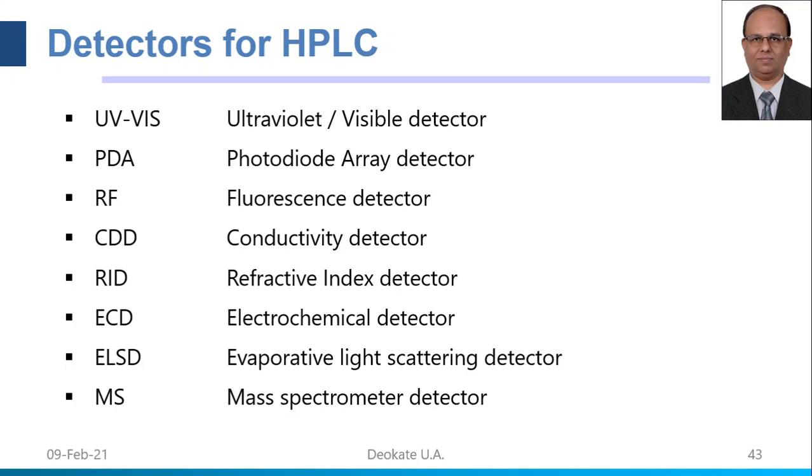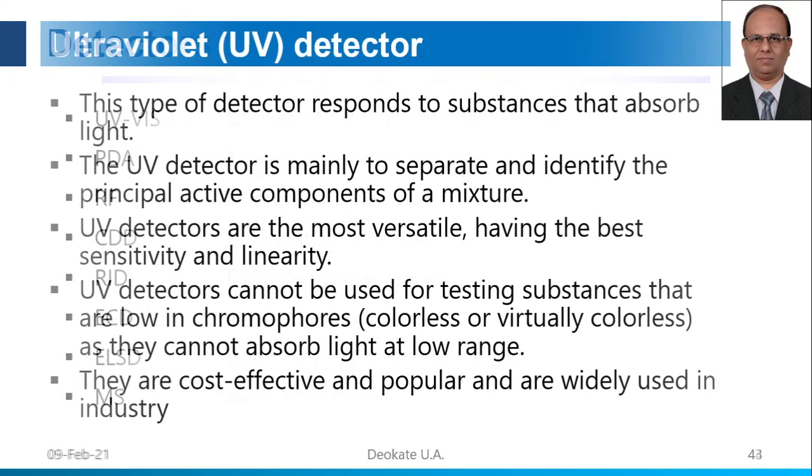So in gas chromatography, we have studied that we can use the thermal conductivity detector, flame ionization detector, and electron capture detector as the main types of detector. These detect the components which are coming as eluate from gas chromatography. Here we are discussing the liquid chromatography detectors, that is UV visible, PDA detectors, etc. So don't confuse these two types of detectors.